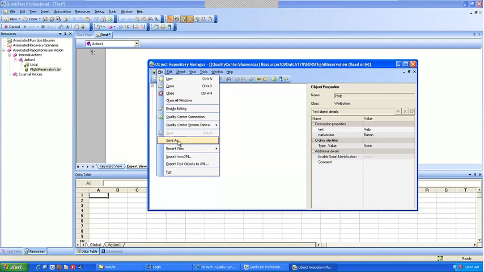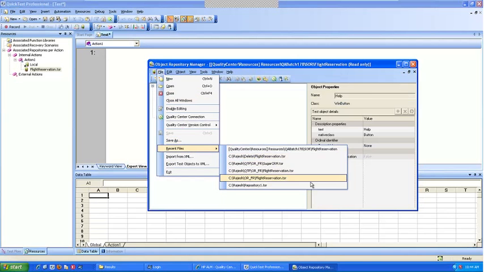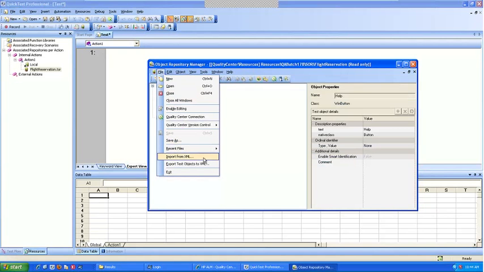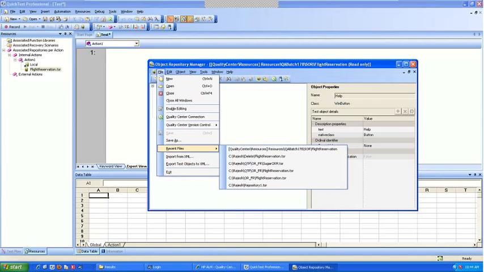Now, the rest is all File, Save As. You can save a new copy. Recent files shows the recent files that you have created. Then Export to XML. Now, what is this Export to XML and Export Test Objects to XML? When you are working with a local object repository and you want to